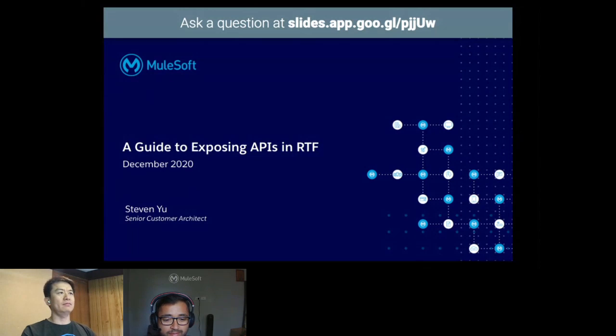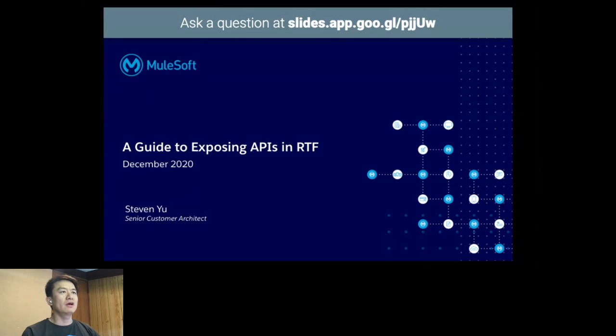Thank you, Royston, and thank you, everyone, for joining us today. This is Stephen Yu. I'm based in Sydney. Today, we are going to talk about the guide to expose APIs in RTF. Runtime Fabric (RTF) is a platform to host and manage APIs. And we also need to expose the API either internally or externally to consume these APIs. So this is one of the areas where we often see problems and questions. This session will go through the whole picture about how to expose APIs in RTF, as well as a lot of details which give you a deep understanding on this topic,